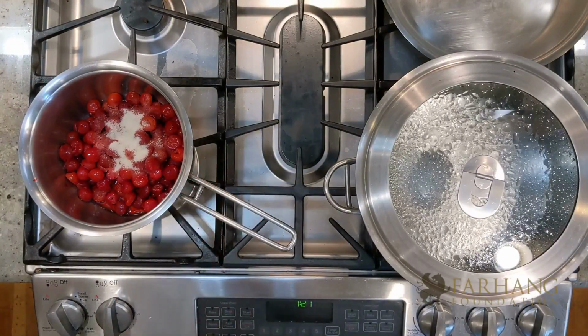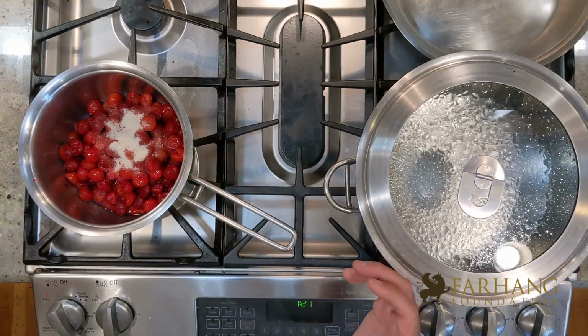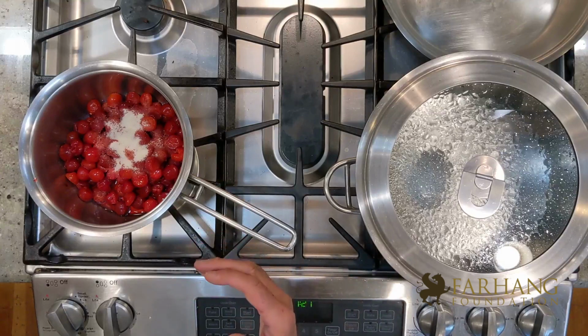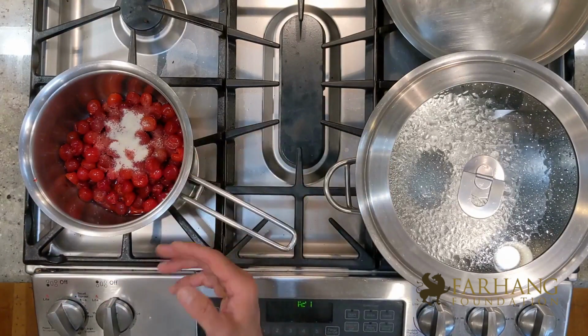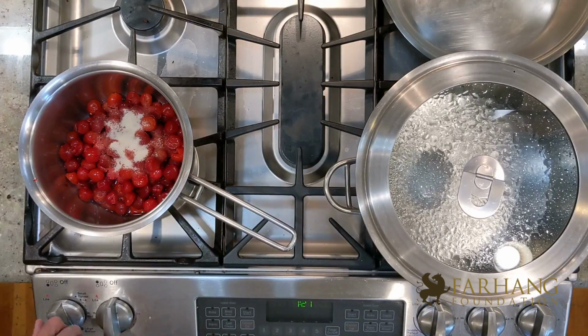The juices from the cherry will come out and the sugar will melt with it and it will form a little bit of a syrup. Then I'm going to strain it, save the syrup for the last part of the dish, and then the cherries will have a little butter and saffron added that then gets layered inside of the pot. So I'm just gonna leave it here for about 15 minutes and move on to getting the rest of the